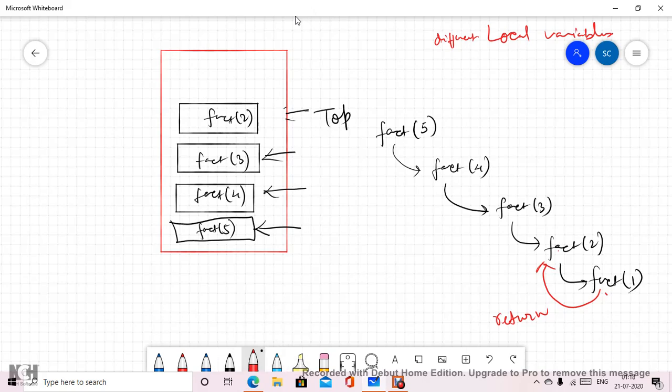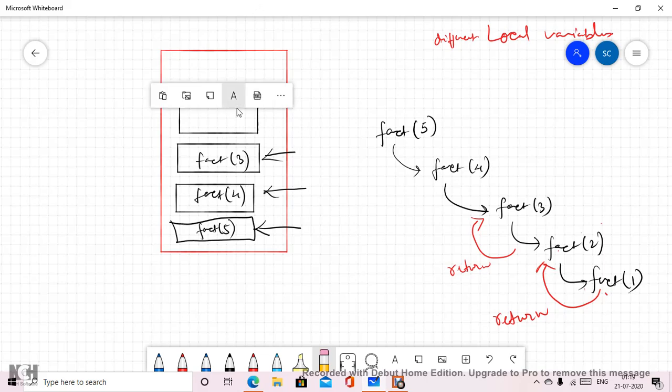Further, this fact 2 is going to return to fact 3. Now it returns the resultant of this function which was dependent on the earlier return value. So it is going to deallocate again. Deallocation means my top position is moving from this to somewhere else.